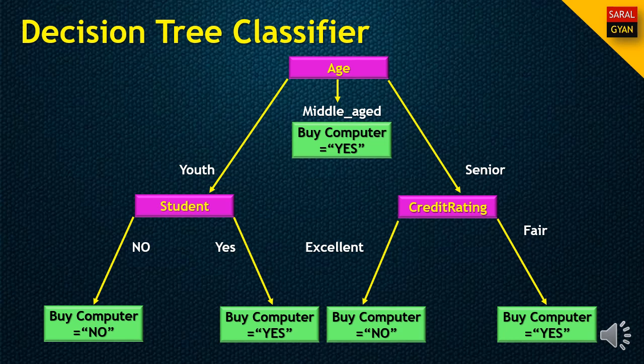So finally we reach all the leaf nodes. As we can see, the leaf node means the end where no further classification is required, and I have used this purple color to indicate the non-leaf nodes, meaning further classification is required. So I hope you have got the idea about the decision tree and how it can be constructed from a data set.